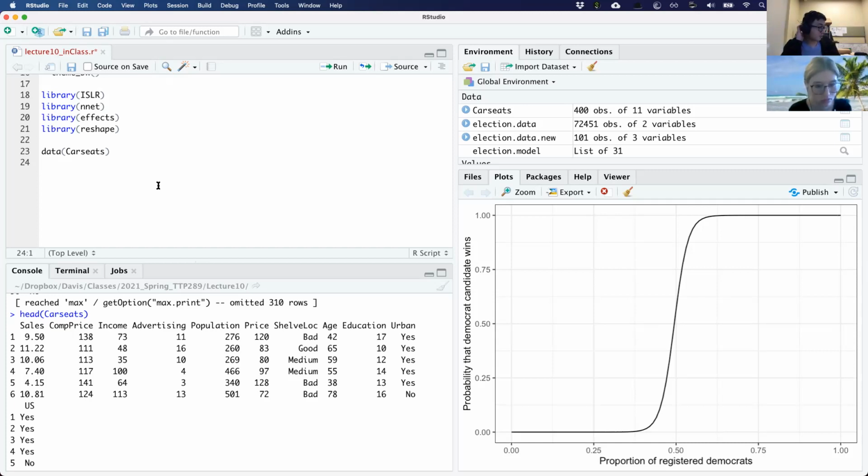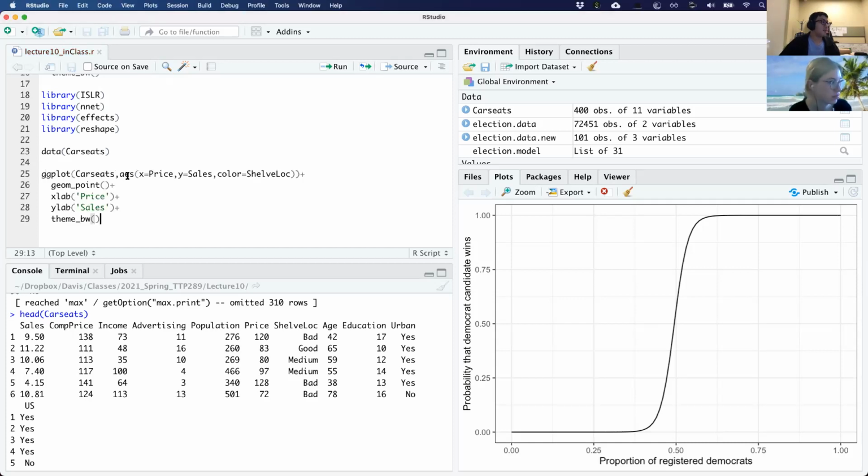It's kind of a contrived example, but we're going to look at whether there is a relation between the shelf location, price, and sales. It'll usually be the other way around, but let's just take a look at what this relationship looks like.